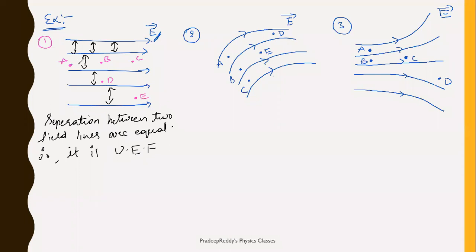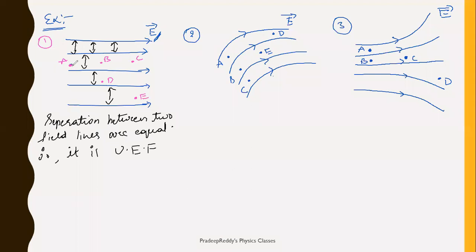Now starting to these points A, B and C. Field is in which direction? From A to C. Field is traveling from A to C. As field is traveling from A to C, it means that when you are placing a test charge at A, by default it goes to C. You need not do any work. By default it will be directed towards that point C, because test charge always move in the direction of electric field. So if you are placing a test charge small q here, then definitely that will be directed towards C. It itself will be moving, right?